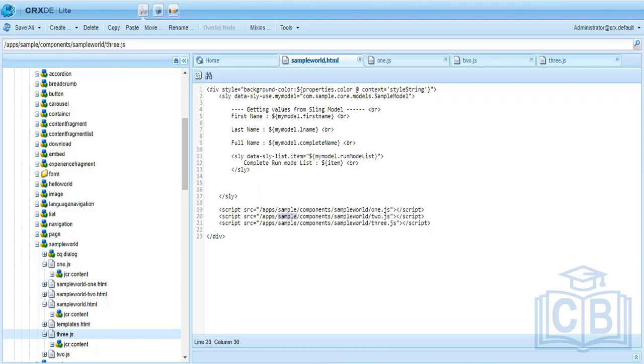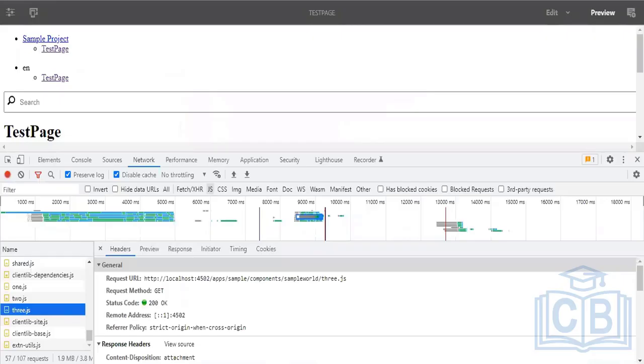JS and CSS, the major problem with the legacy system is that there are many JS or CSS files, which badly affects the performance of the system. Also, if there are 10 JS or 10 CSS files to be included, there will be 10 lines of code, and you have to include each of those JS and CSS individually. So to overcome this problem, to bring performance to your system,